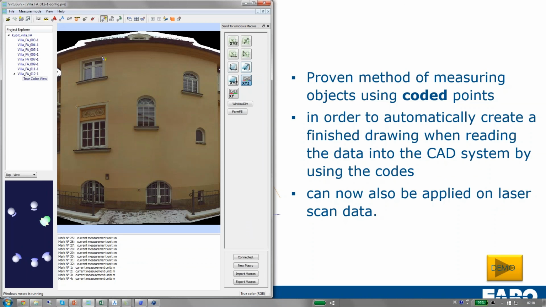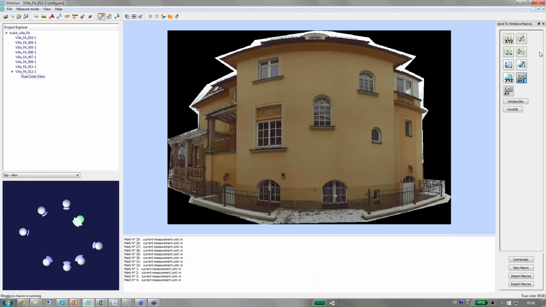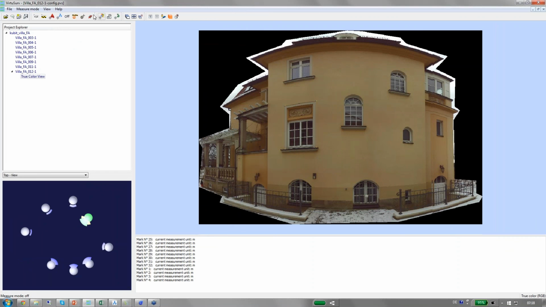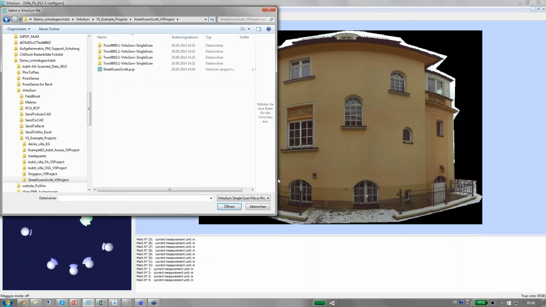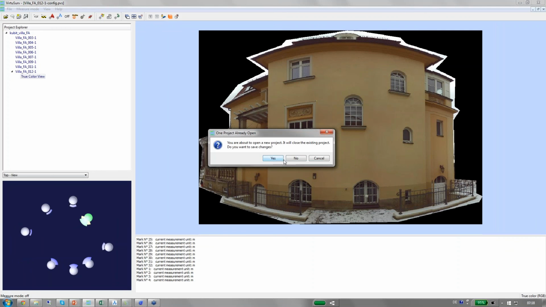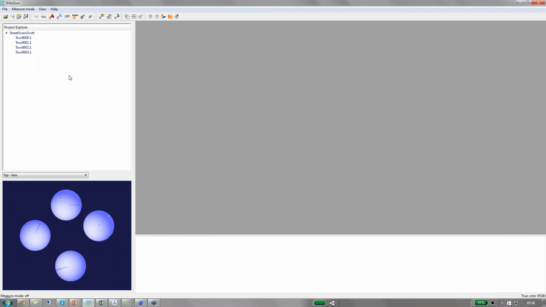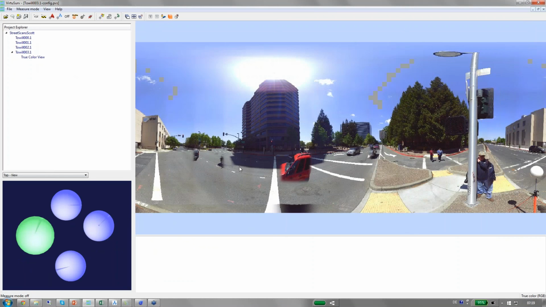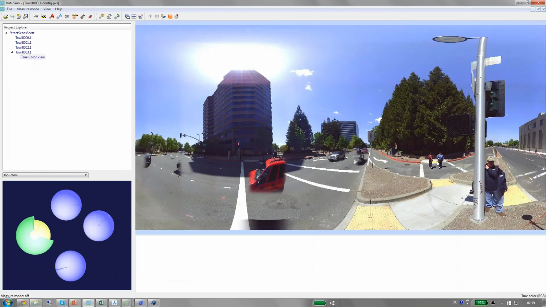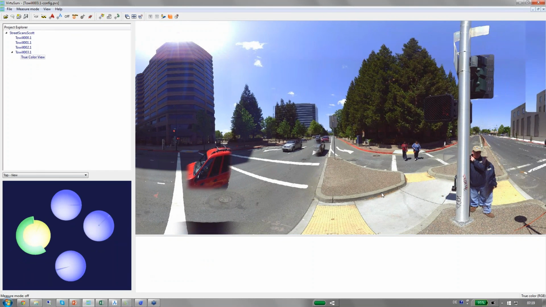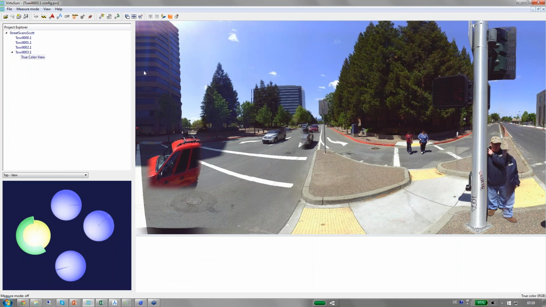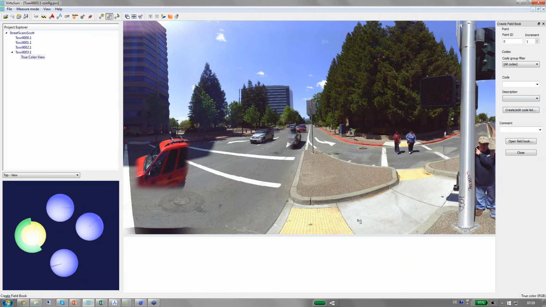Once again, I will go to VirtuSurv, turn on the Windows macros bar, and open another scan project with more topography. I'll just open a scan over here. You can see there's a cross-section that has been scanned, and here you have a small total station icon. This is to open my toolbar